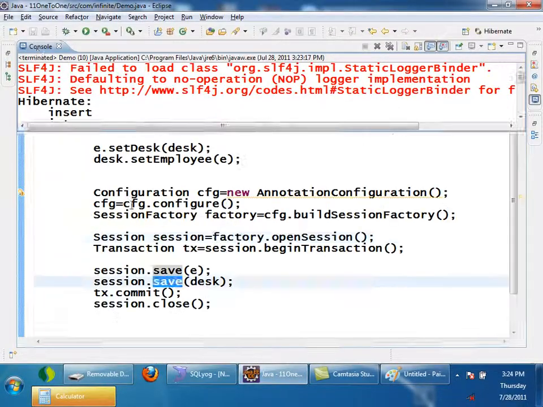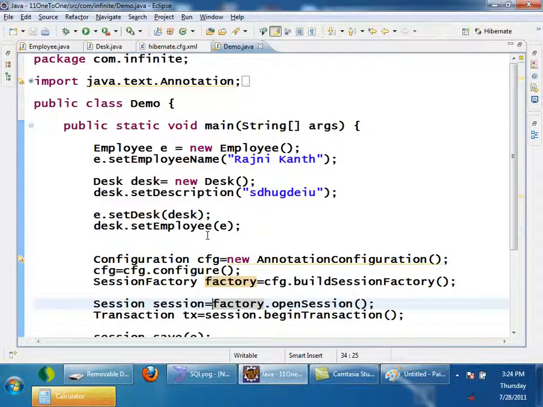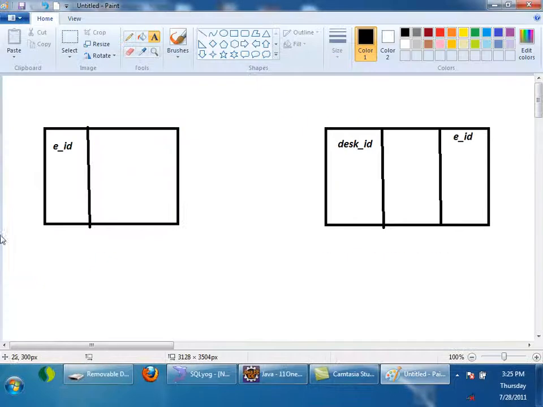So this is the first strategy for mapping one to one. Now the next strategy of one to one: the other strategy is remove this foreign key and make this desk ID the primary key as well as foreign key, right? Now see how to do the annotation.